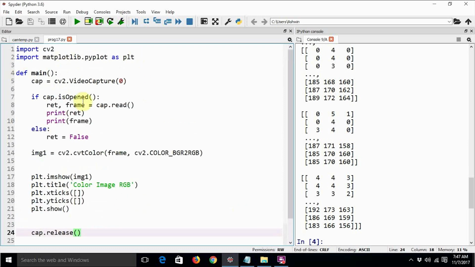As we all know, OpenCV captures and stores images in BGR format, so we are converting that frame from BGR to RGB, from blue green red to red green blue format. We are storing it in a variable known as img, and then we are executing this entire code. Let's save it, and we are going to execute this program. So we are going to capture an image now and show it on screen.